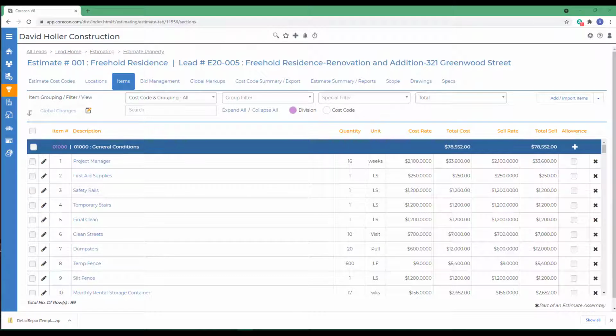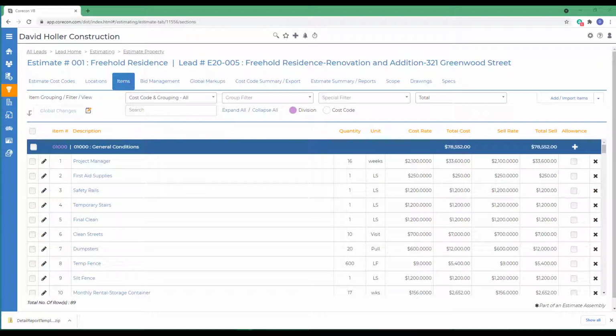This Corecon training video explores an estimating feature that will allow you to tag estimate cost line items as allowances. An allowance package can be created for each particular scope of work in an estimate that is not specified in enough detail that already includes estimate item amounts. Under this scenario, the client or architect could eventually specify items to purchase and install, or be provided options by